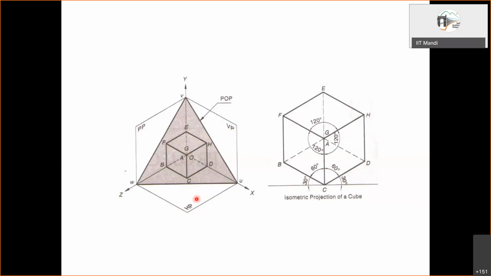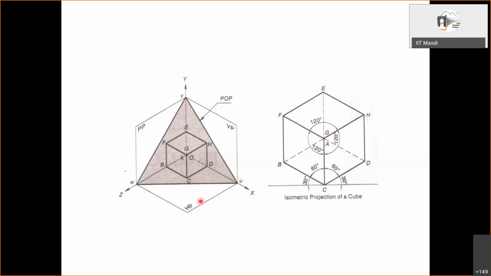The nomenclature is different for the cube as compared to the previous slide, but the diagram is exactly the same, that is, the final front view of the previous slide. So A and G are coincident. A will be on the origin in the bottom face, and G will be on the top face. Whatever we had discussed holds: three faces are visible to us, and all three faces are identical.